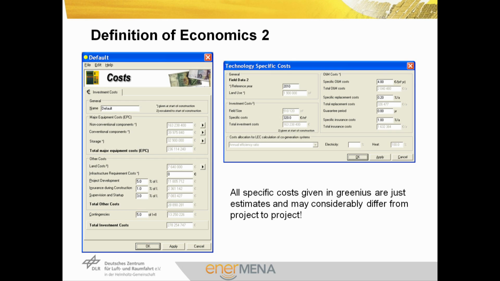on the location data. So Greenius uses specific costs. That means in this case, if you look for the cost of the solar field, specific costs are defined in euro per square meter of aperture. This specific value with the solar field size gives the total costs of the solar field. Furthermore, some additional costs are defined here as percentage of the sum of investment costs. These are costs for project development, insurance, supervision and startup, as well as contingencies. I have to mention that all specific costs given in Greenius are just estimates and may considerably differ from project